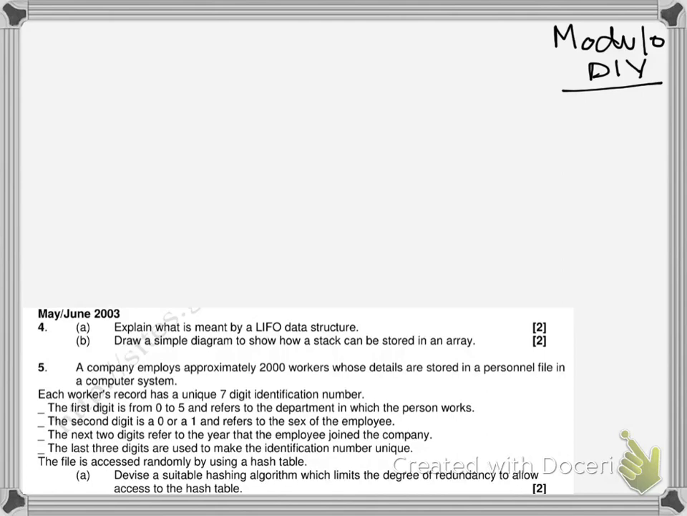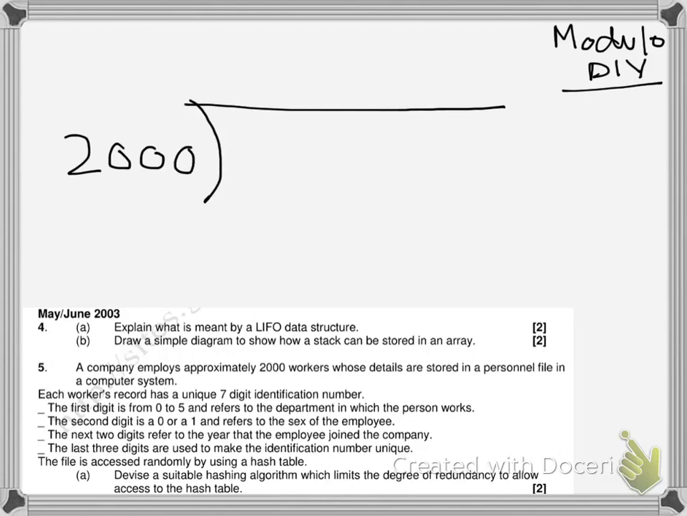Now let's see what that algorithm could be. As you know, we have got 2000 employees. So the method that we have decided is modulo division. The 7-digit number: the first digit refers to the department. Let's say the person is in department number 2. That should be between 0 and 5. The second digit is 0 or 1. Let's say it is 0, maybe a male. The next two digits refer to the year. Let's say they joined in year 2000. The next 3 digits identify the uniqueness of that particular employee in that department. So let's say that is